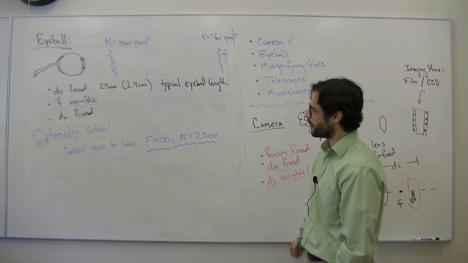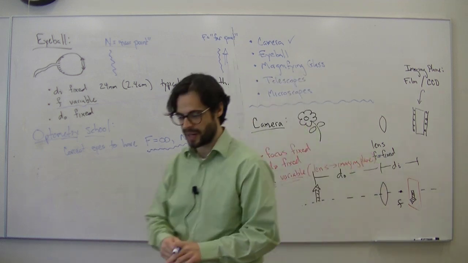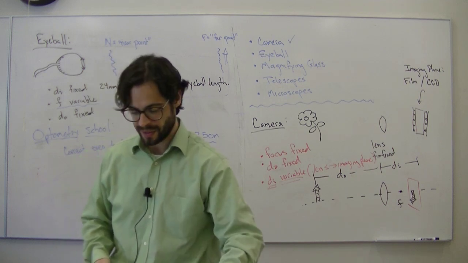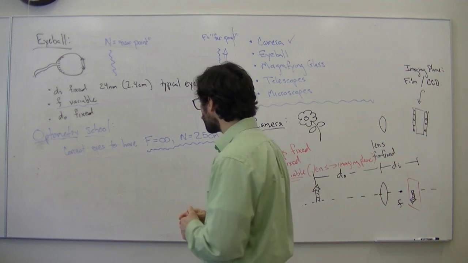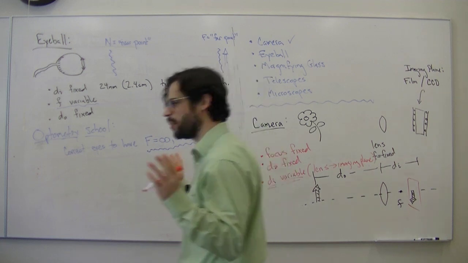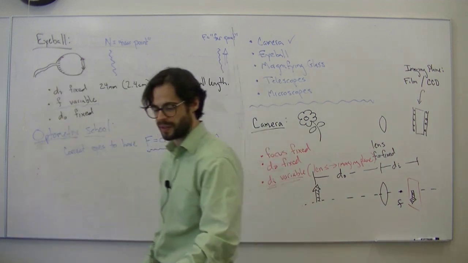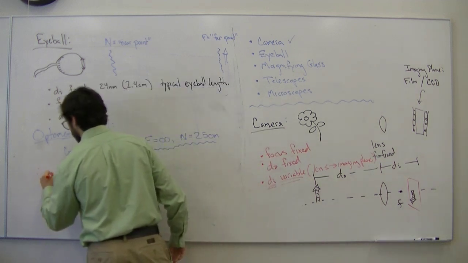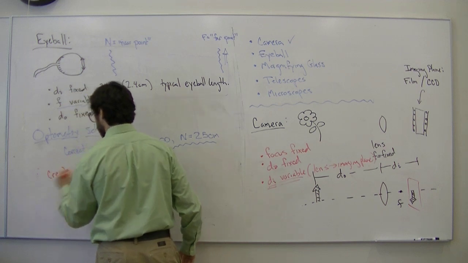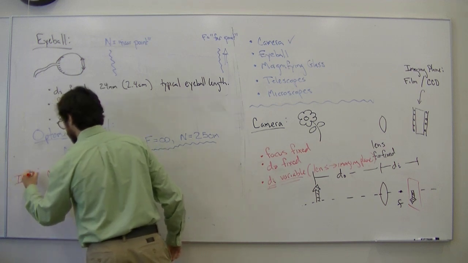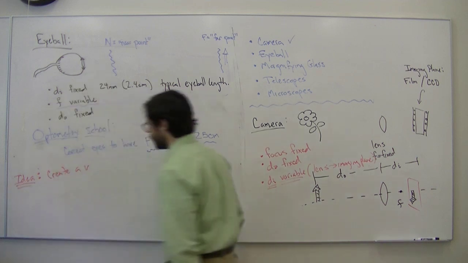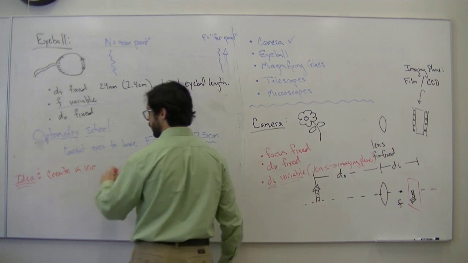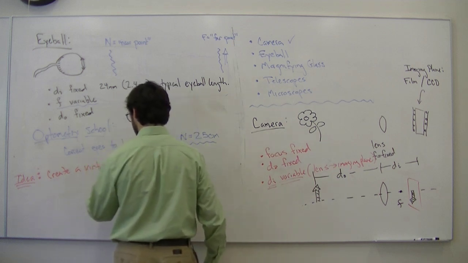So how do you correct for this? You correct for this by putting a lens in front of your eye. What does the lens in front of your eye do? So the lens in front of your eye, and this is like the whole point of corrective optics in general, creates a virtual image. So we'll call this the big idea in corrective lens wear. I don't know when people came up with this, maybe in like the 16th century. And they definitely didn't talk about it like this. So we'll create a virtual image